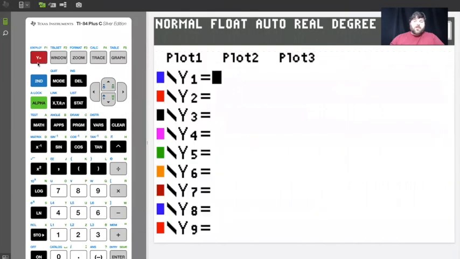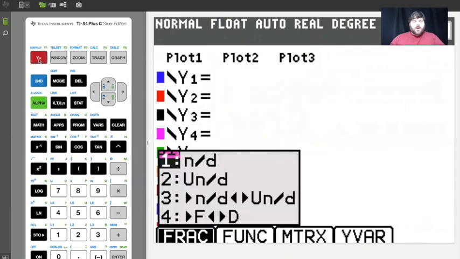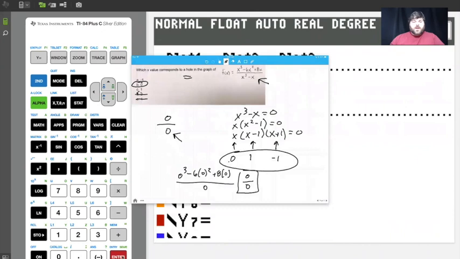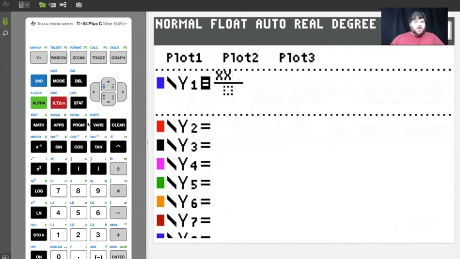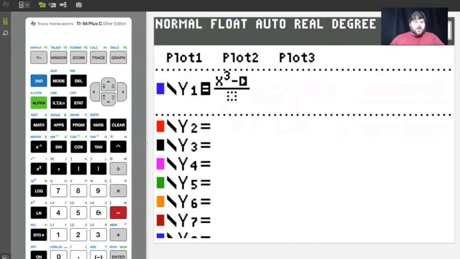But this would be an easy one to graph, right? You graph this thing and you would see that at negative 1 and 1, there's vertical asymptotes. And you probably won't see the hole. But let's just go ahead and do this real quick. So you get x cubed minus 6x squared plus 8x. And on the bottom, we get x cubed